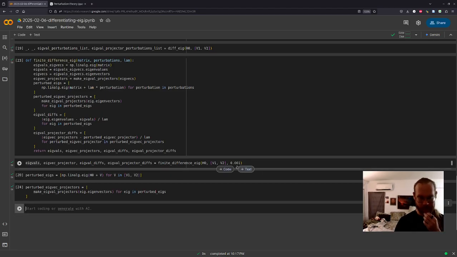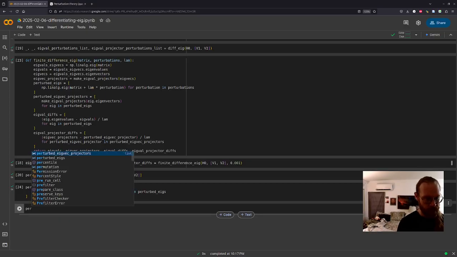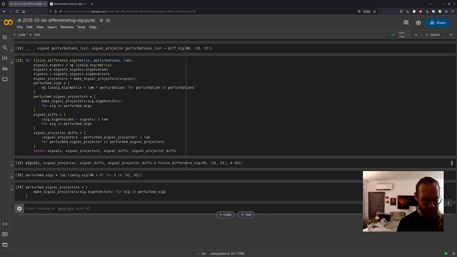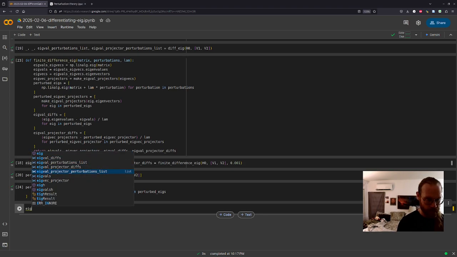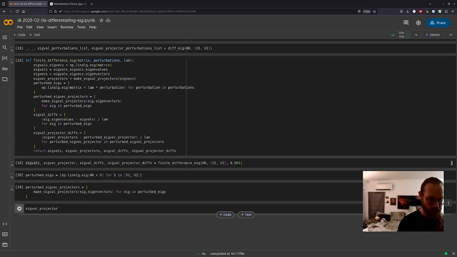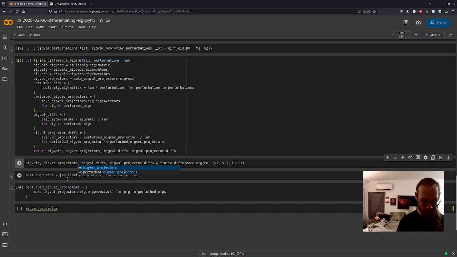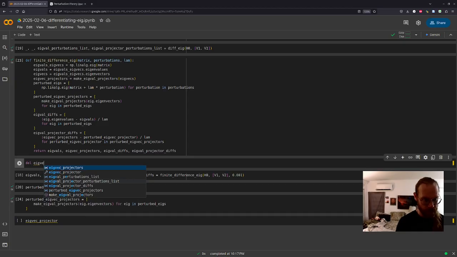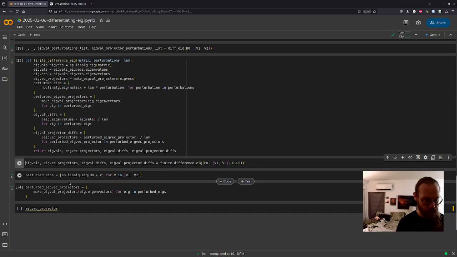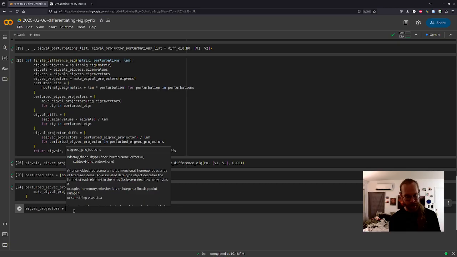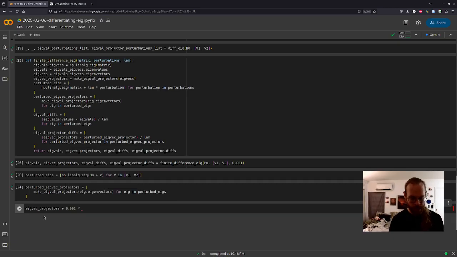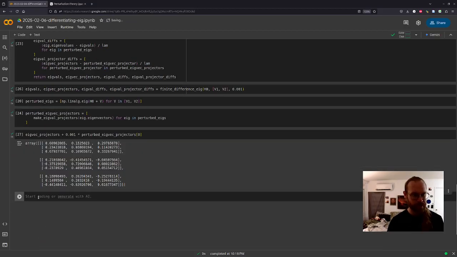So my claim, lambda is 0.001. So it should be the case that if I take eigenvector projectors, which should probably have an S on it because there's many of them, and I add lambda, which is 0.01, times perturbed eigenvector projectors 0, how different is that from eigenvector projectors?